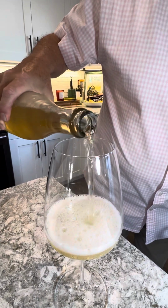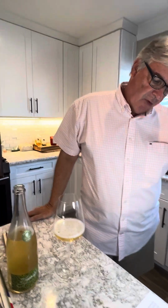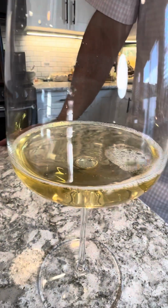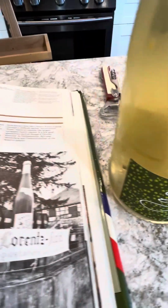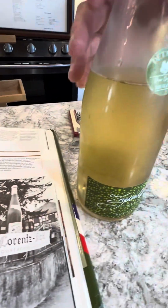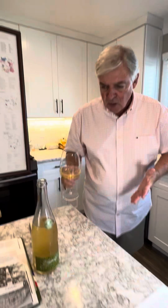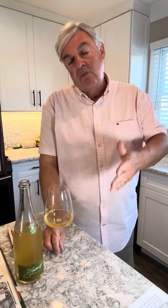It's what we call fizzy wine, but basically pet nat is effervescent wine obtained by the ancestral method. It's natural fermentation in the bottle. In the ancestral method, the grapes are picked by hand, then they're delicately pressed. The juice will then undergo its alcoholic fermentation in the barrel. Having reached a certain quantity of residual sugar, the grape juice is put into a crémant bottle, as you can see, which is more resistant to pressure. So the wine will finish its fermentation and quietly go through its process. So that's why they call it pet nat,